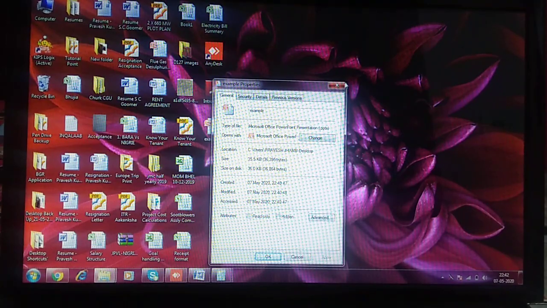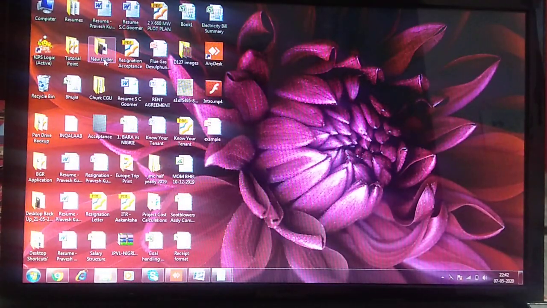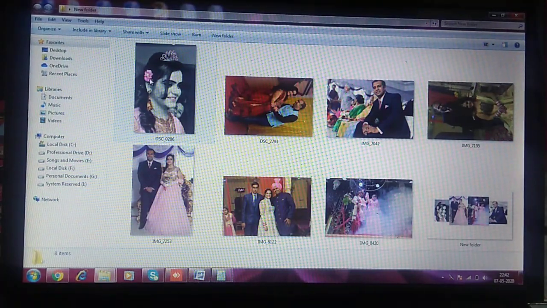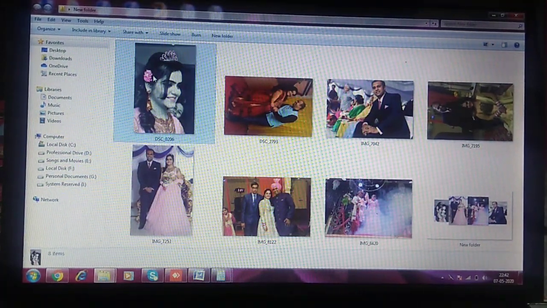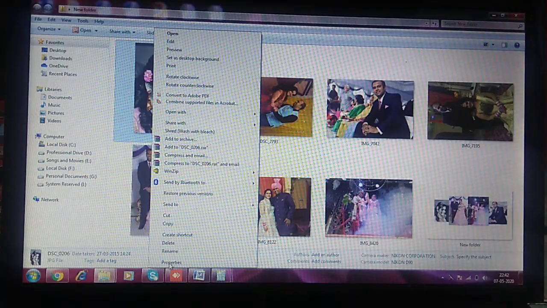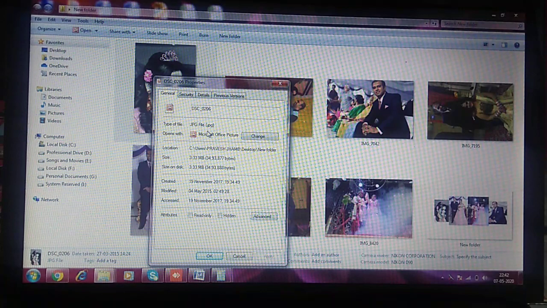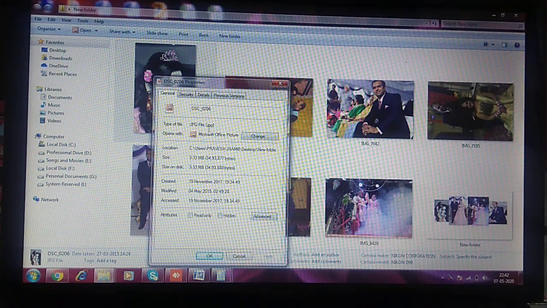Let's check one image also. Okay, I have my image here. Right click on this image, go to Properties. Now see the type of file: the extension is .jpg. Can you see the extension .jpg?